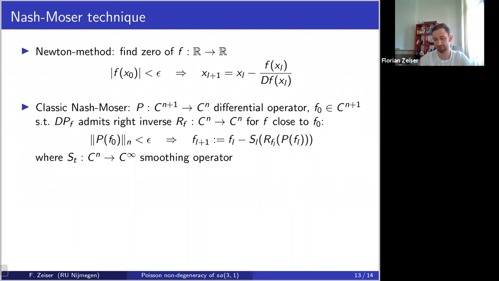But here we want to take a closer look at the right side, because if one did that naively, one would get a problem. The differential operator maps C^{n+1} functions to C^n functions, and the right inverse then maps C^n functions again to C^n functions. So we would have a loss of derivative here, and we cannot apply this iteration infinitely many times. So the idea of Nash was to, very bluntly, put a smoothing operator in front of this whole expression, in order to smoothen it out, to get from a C^n function to a C^infinity function. And quite remarkably, that idea works.